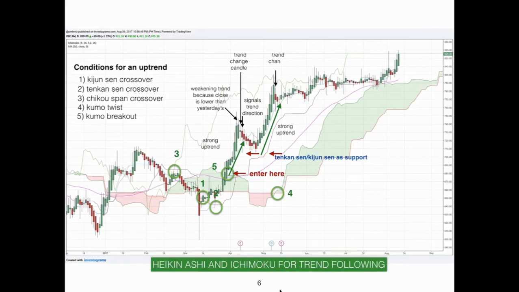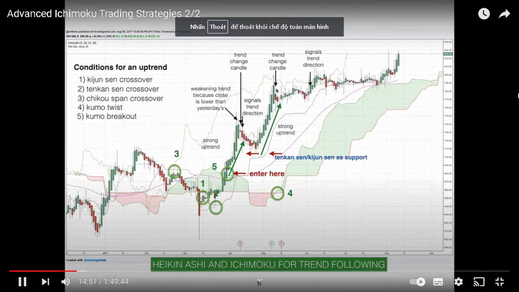So here's your next trend change candle. We have a series of trend change candles in this area. So what gives us our direction is the